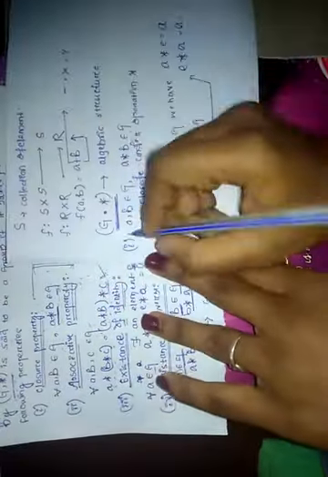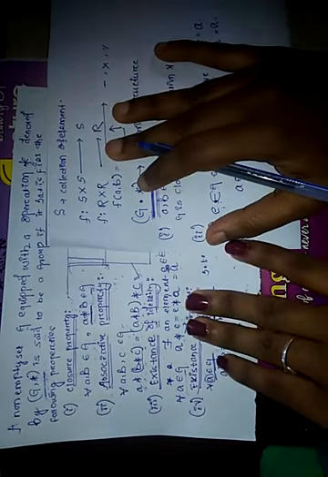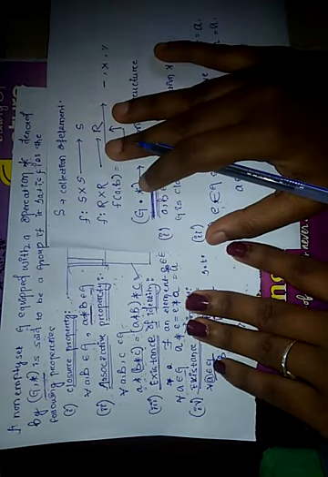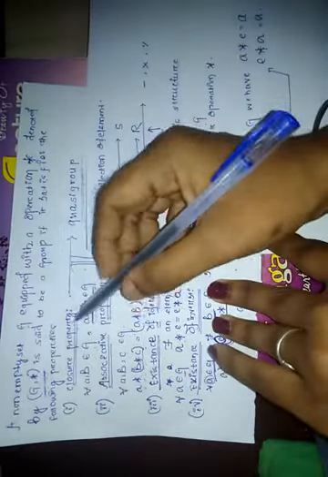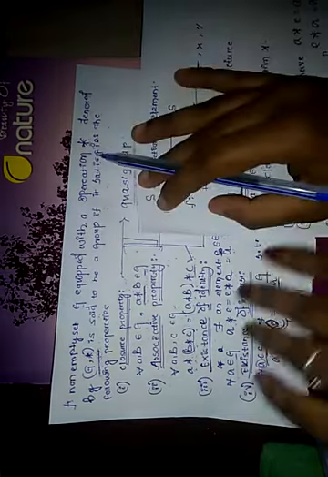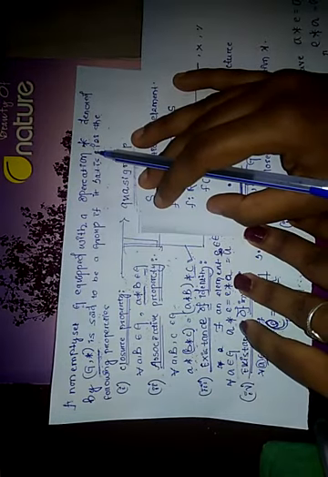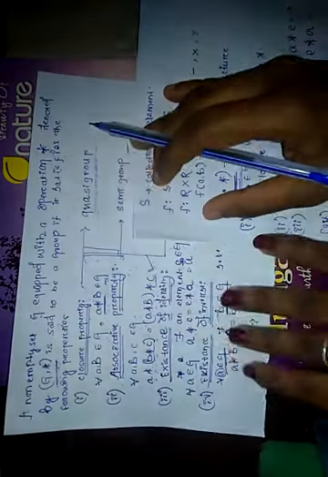So if all the four conditions are satisfied, then we say that the algebraic structure is a group. But what about when this algebraic structure satisfies only the first property, that means only the closure property? Then we say that the algebraic structure is a quasi-group. And if it satisfies the first and second properties, closure and associativity, then we say that it is a semi-group.